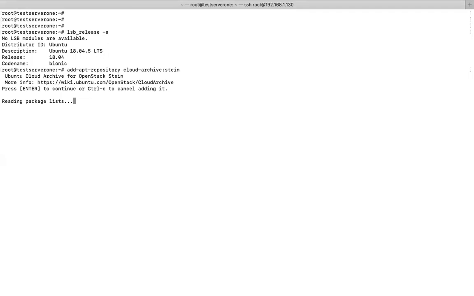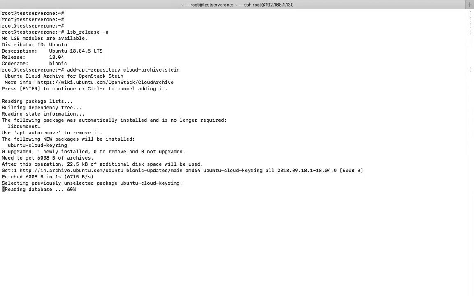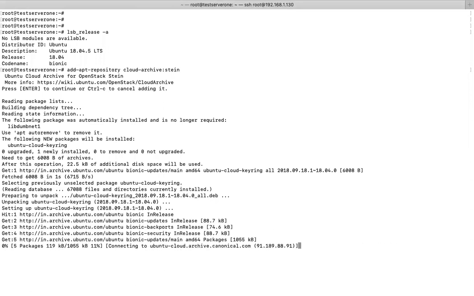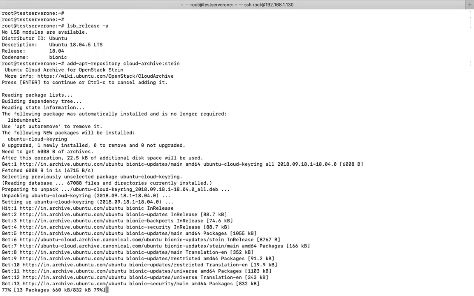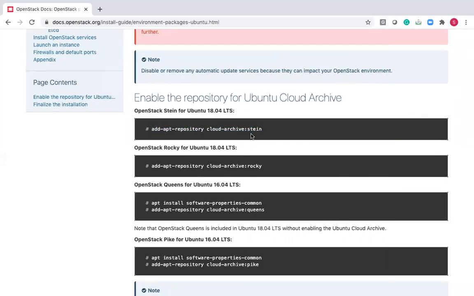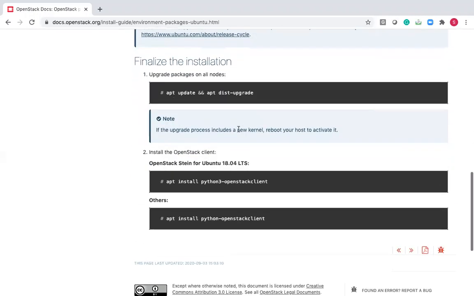For this, we can write an Ansible playbook to do this installation automatically, or we can install OpenStack on a Kubernetes setup itself. There are Helm charts, but I don't want to show it right now. People without knowing the OpenStack manual installation cannot understand the architecture. So that's the reason. This is creating a repository so that you can install the OpenStack Stein packages. Once this is done, just do an update and dist upgrade.